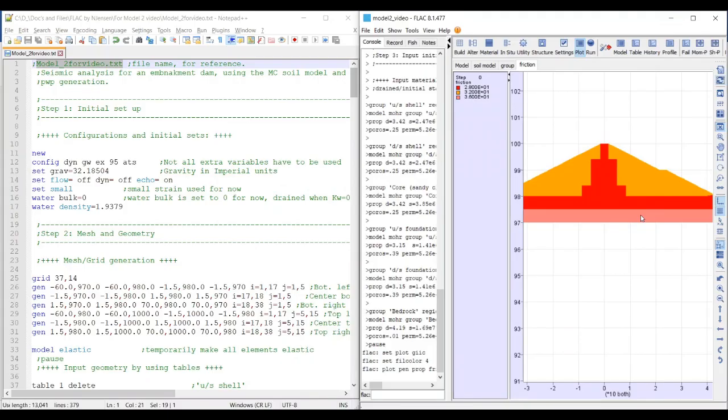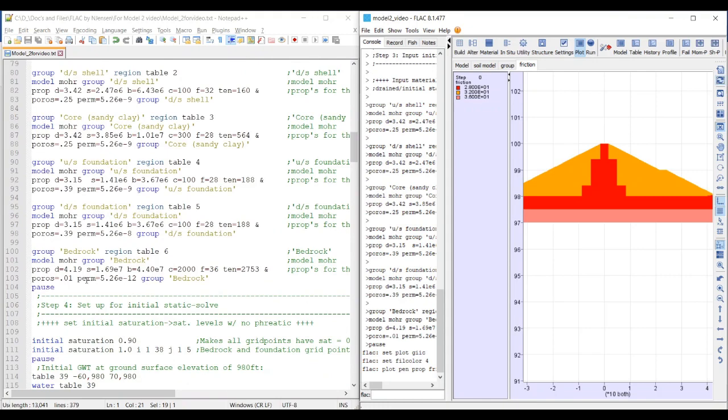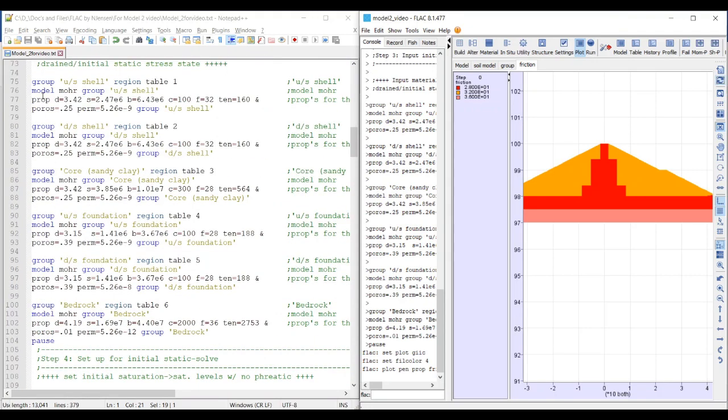Okay, this is the continuation of the last video. We are setting up a seismic analysis for an embankment dam in FLAC using the Mohr-Coulomb soil model, and we're going to include pore pressure, excess pore pressure generation during the dynamic portion of the run. So, where we left off last time was assigning the Mohr-Coulomb soil material, or soil model,